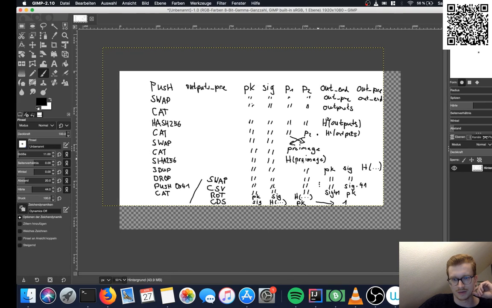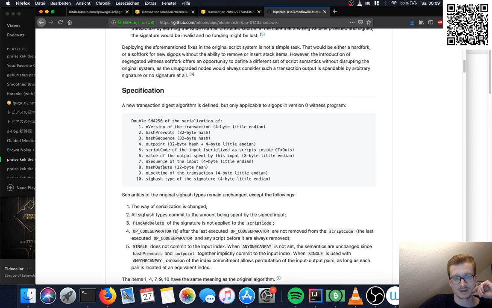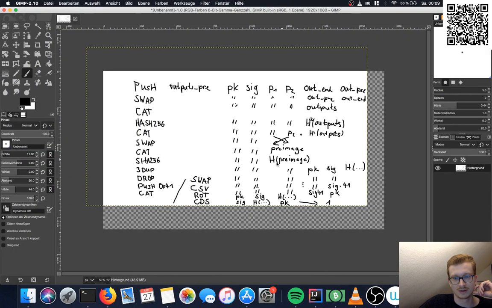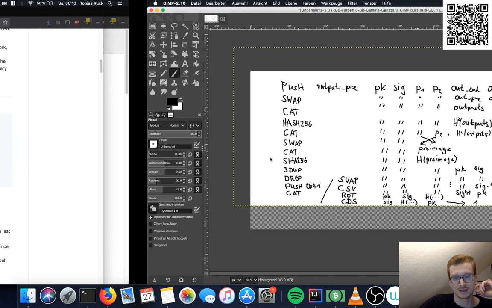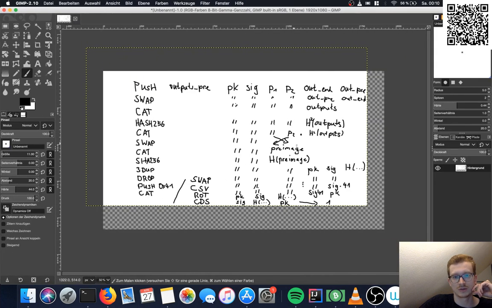And after that we have our pre-image, which is this thing here. The way we did it here is exactly the same as we did in the specification. That's why we can reuse the signature twice. So we duplicate it literally here.